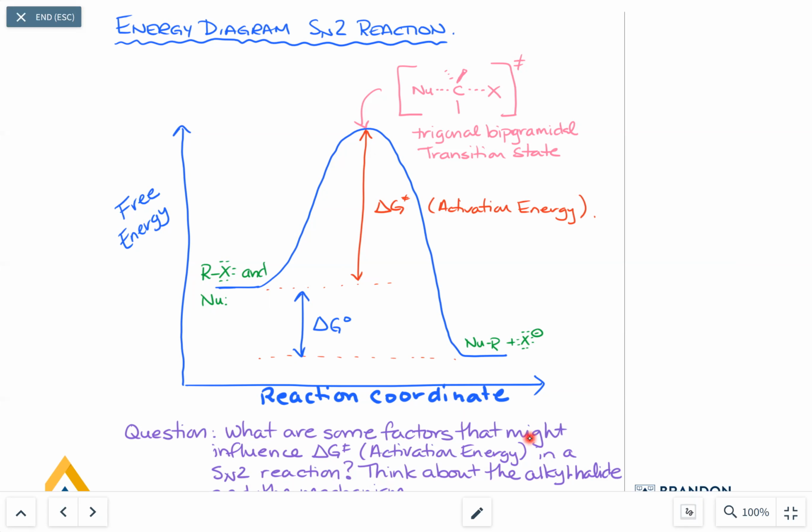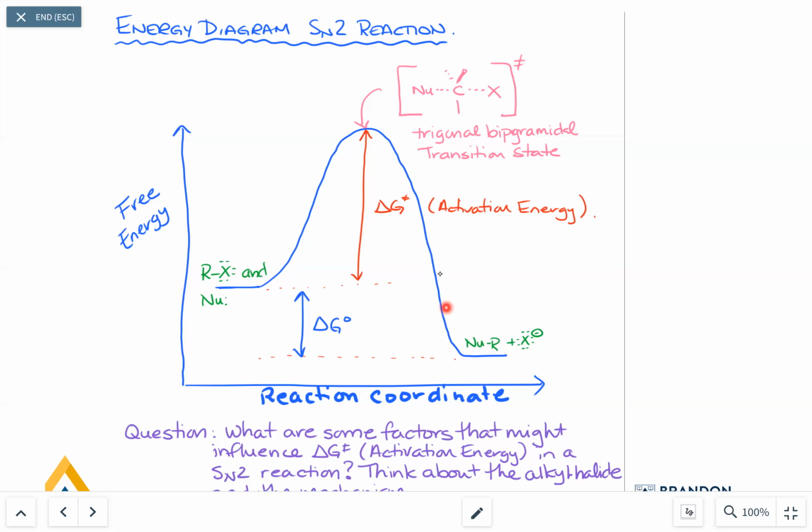And I think it's, think about the alkyl halide, and let me move this little thing. My top hat always seems to, can't actually see what it says at the very, very bottom. But okay,